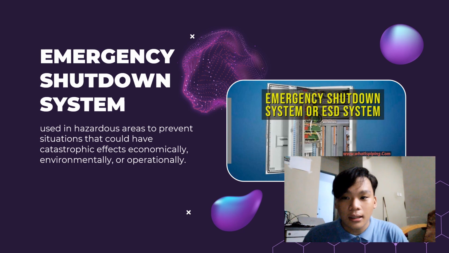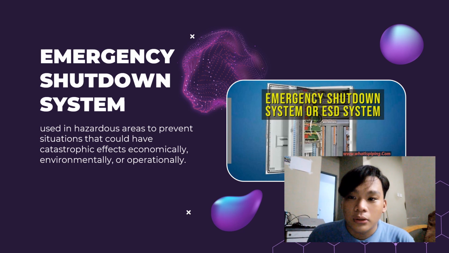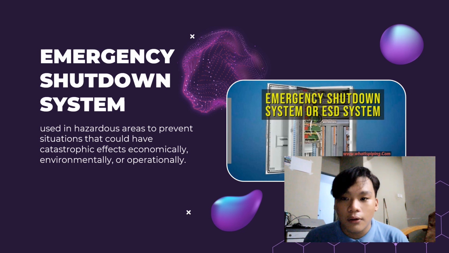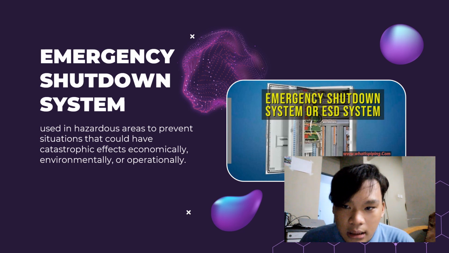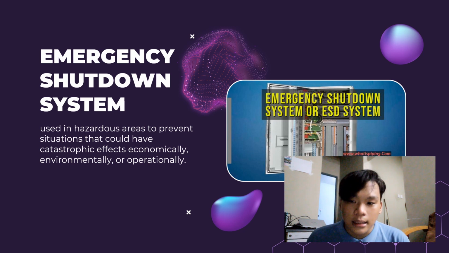My name is Petrochemical bin Azman. So today I'm going to show 4 types of SIS. The first type of SIS is Emergency Shutdown System, or ESD. It's a system used in hazardous areas to prevent situations that could have catastrophic effects economically, environmentally, or operationally. They are designed